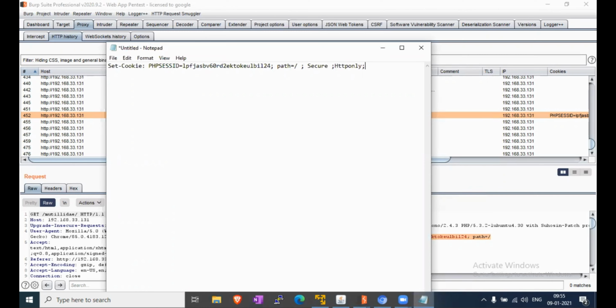So make sure this is available in both sets of cookies. This indicates the secure flag. So this is all about the cookie attributes.